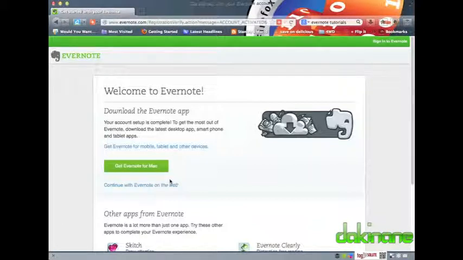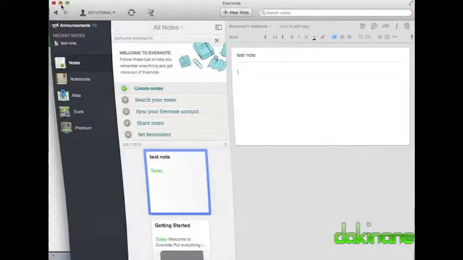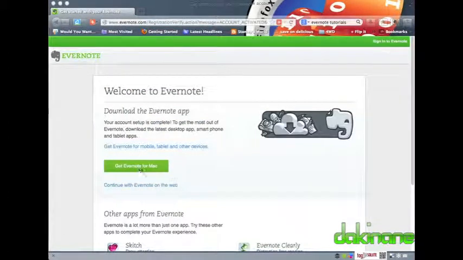Evernote is a great tool to organise almost everything in your digital life. Here, I've just signed up and have authenticated my account, and I'm now faced with two options: download the Evernote program or continue to the web version of Evernote. The computer-based version of Evernote offers more options, but if I wanted to continue with the web-based version, I would